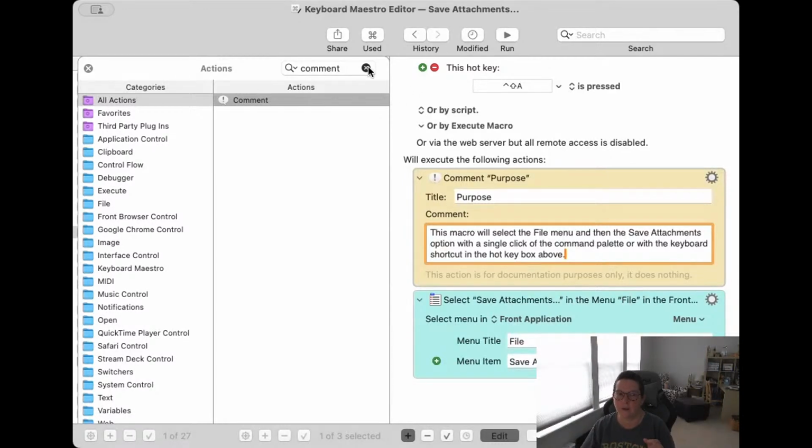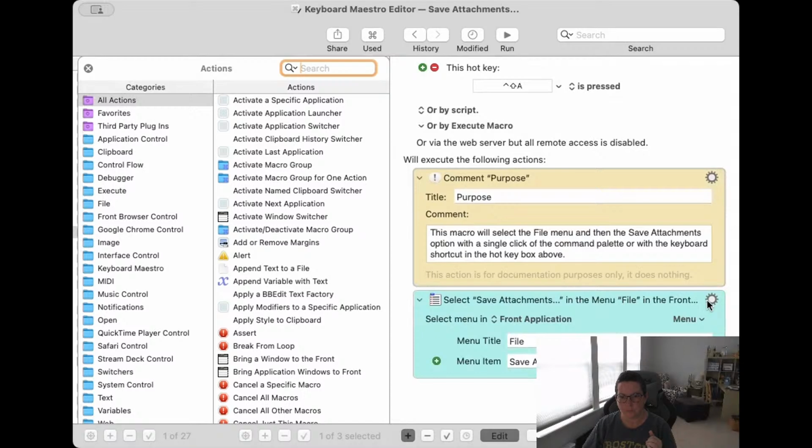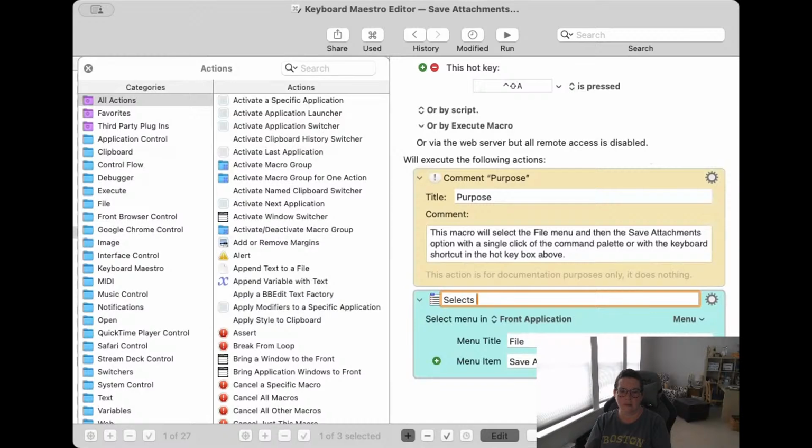Let me show you the other one that Brian showed me this morning, which is you can come right here and you can actually rename, so that you could rename each line item without having to put the comment. So: selects Save Attachments from File menu after clicking from shortcut or palette.